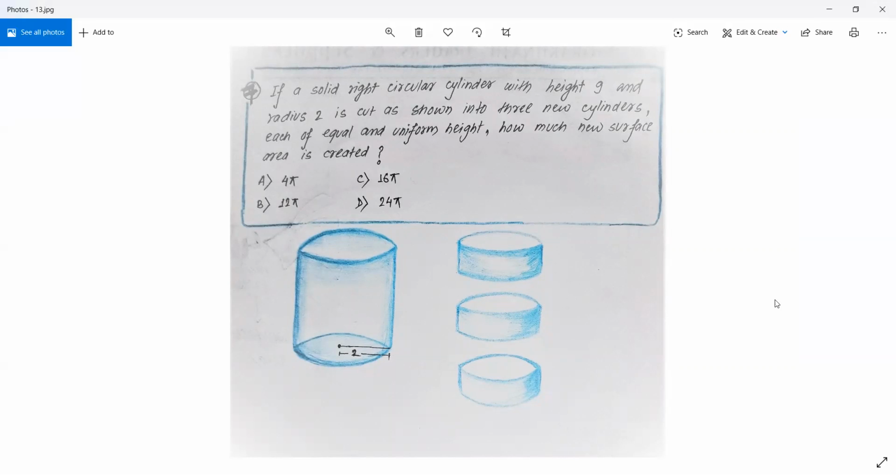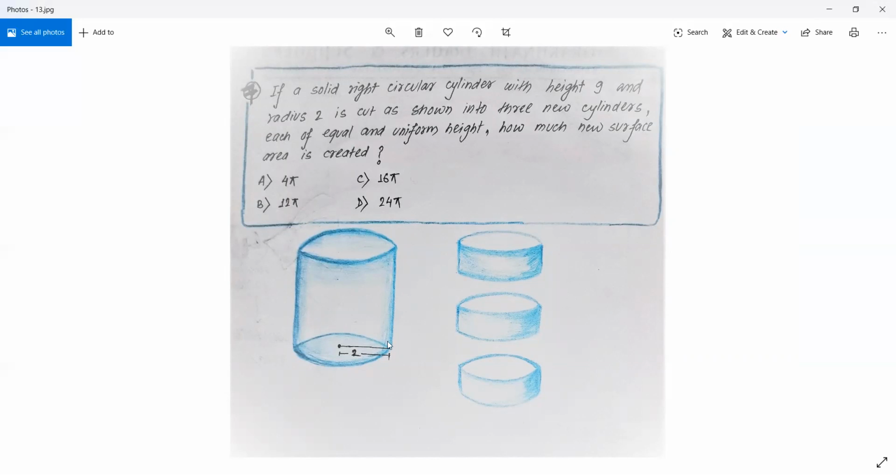So basically this question says that you have a given cylinder, and you cut it into 3 equal parts, or 3 new cylinders. What is the new surface area created? In our original figure, we already have 2 surface areas, this top one and this base area. These won't be counted when you find the new surface area for the 3 individual parts,